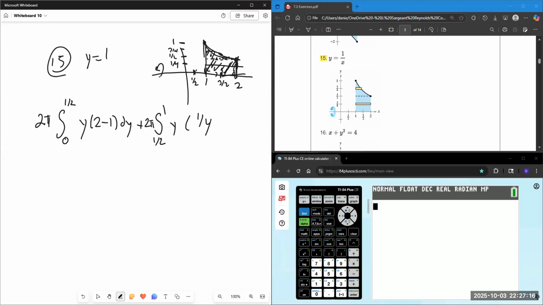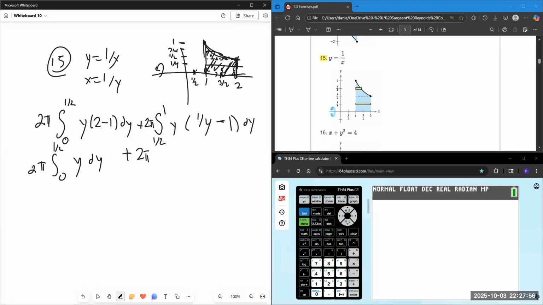If y is equal to 1 over x, then x is equal to 1 over y, minus left-hand side is 1 dy, 2 pi, 0 to 1/2 of 2 minus 1 is 1, y dy